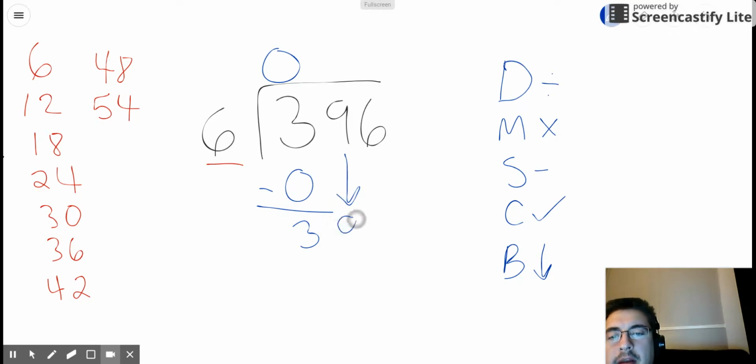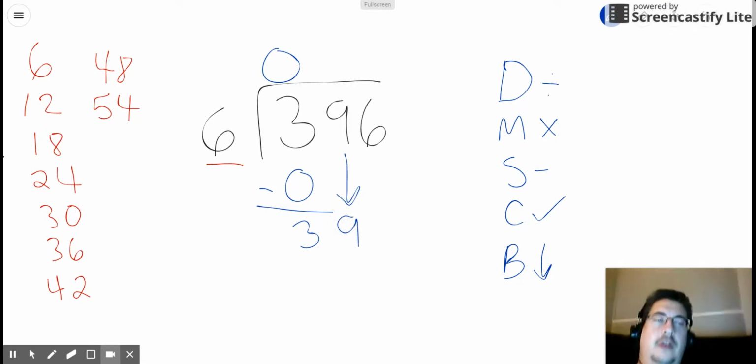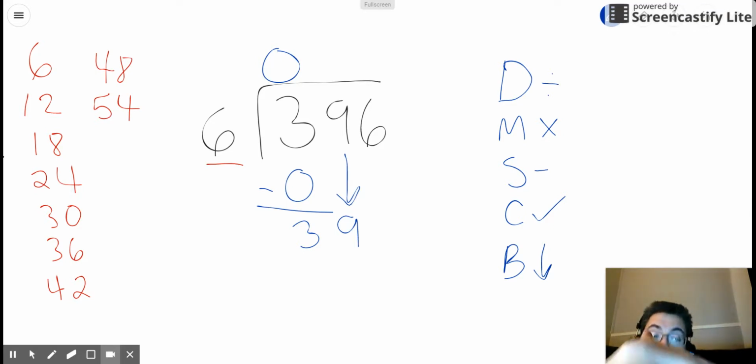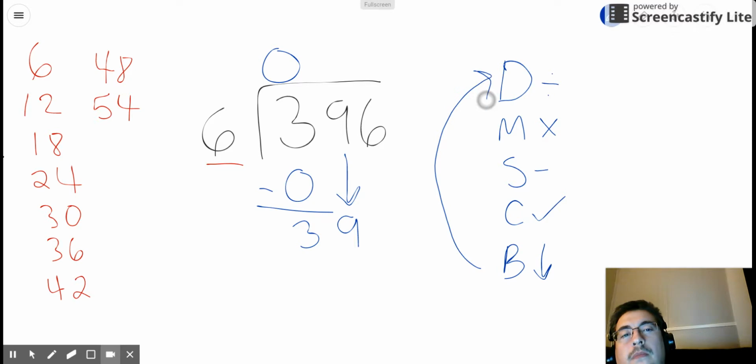I'm going to bring that 9 down. And a good rule of thumb is every time you bring a number down, so we checked, we did need to bring the number down, so we brought the number down. And a good rule of thumb is if you bring a number down, you got to go back to the top and divide again. So now our question becomes, okay, is there a multiple of 6 that's really close to 39